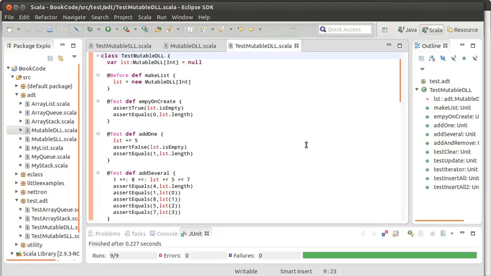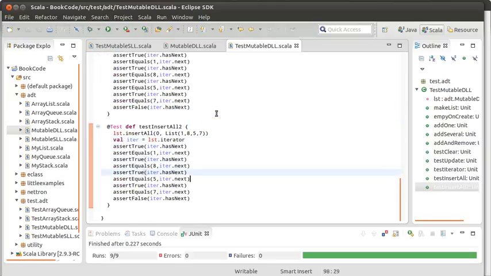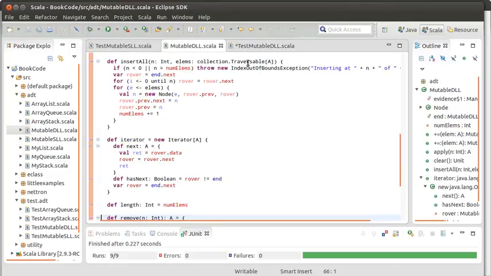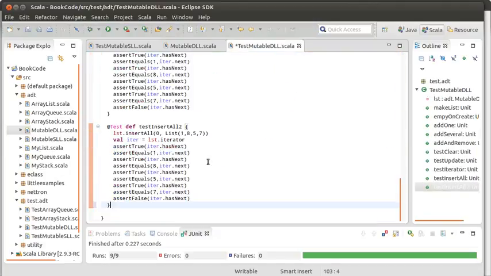One of the things that I promised while we were working on the singly linked list was to talk about how in some ways what we're writing here isn't quite ideal as far as fitting into the Scala libraries. We made it so that our type extends mutable buffer, but it's worth pointing out that this might not be doing exactly what we want. And so, just to show this,